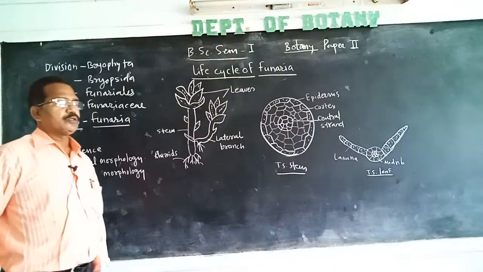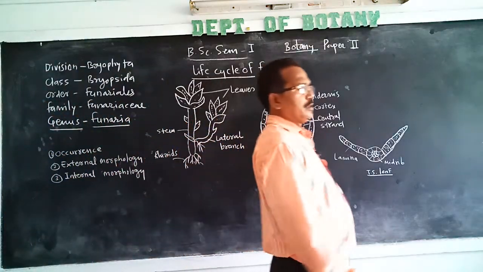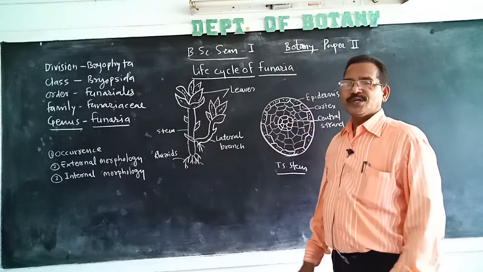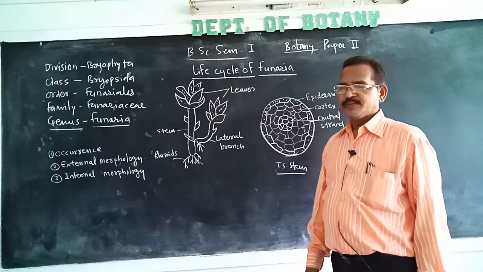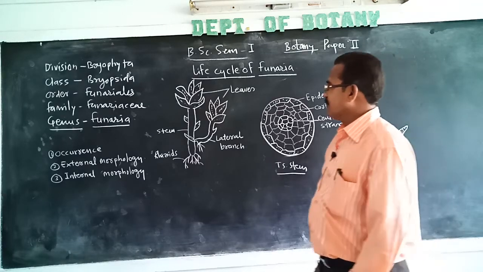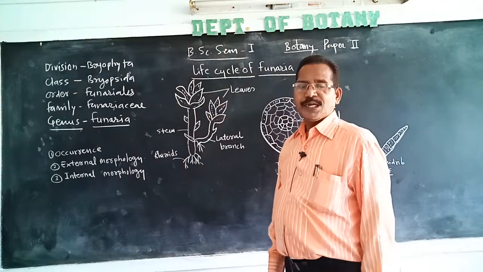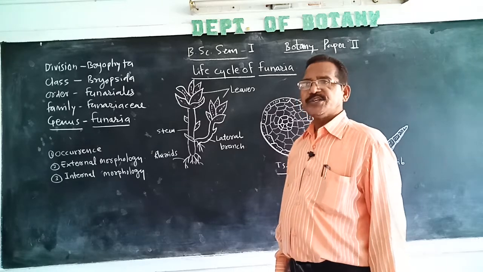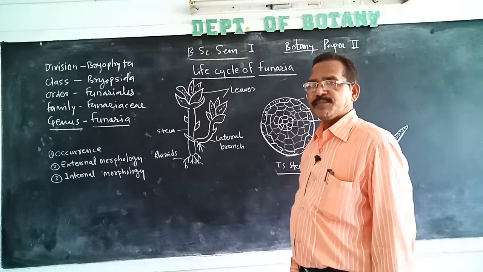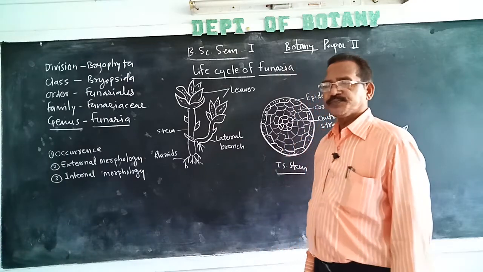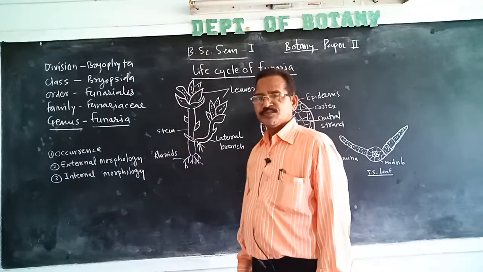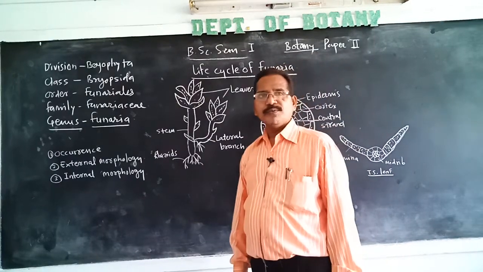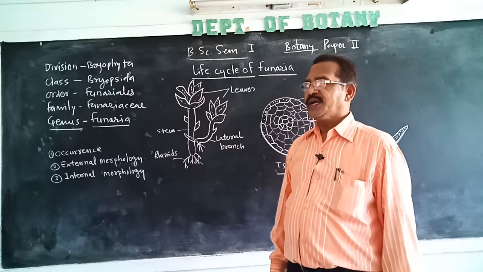Good morning, students. Today we study the life cycle of the Funaria plant. It is also a bryophyte, and it is a common moss plant. It generally grows in the rainy season on moist soil, damp walls, shady banks, on roofs of buildings, and also on the